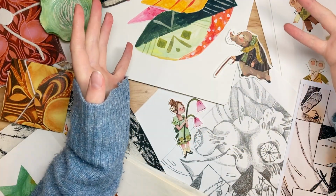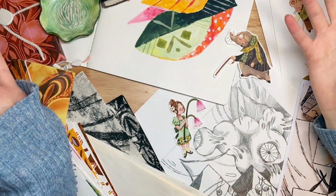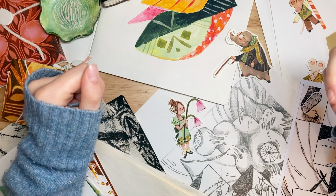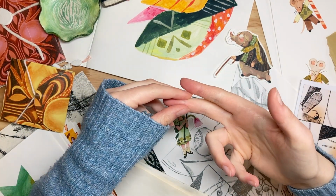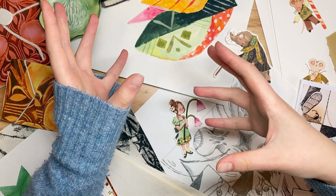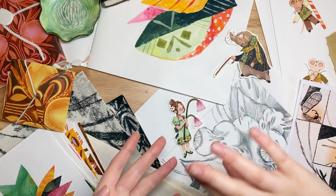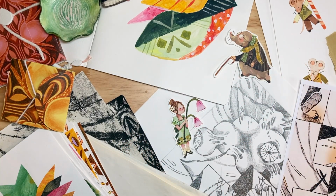I've got lots of stuff sprawled out across my desk because this is going to be showing all the work I made for my final year of uni video, although I'm going to split it into two videos. I'm going to show half of the work in this one and the other half in another video because there's so much to show. Plus I want to do a whole dedicated video for my final project, which was...